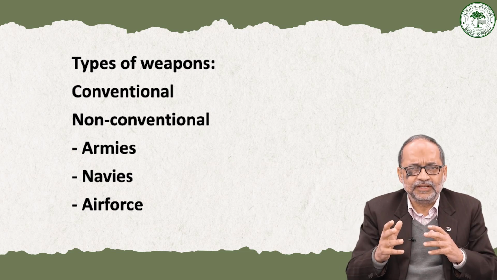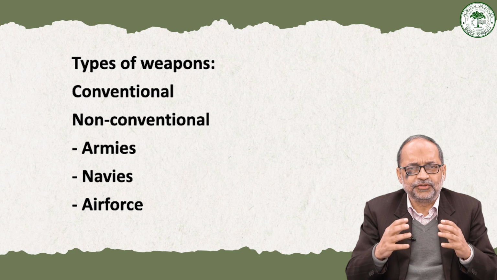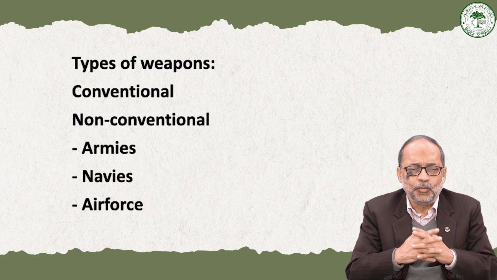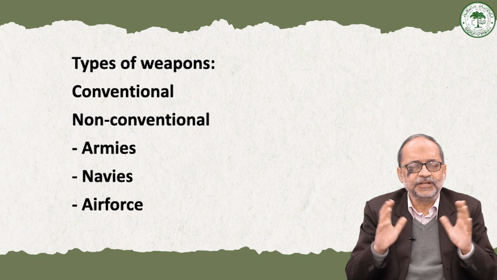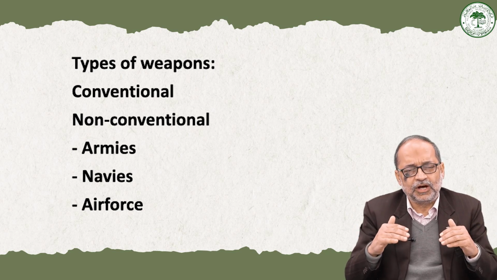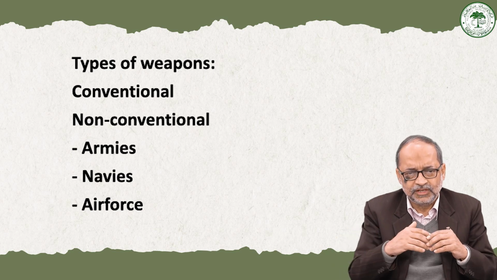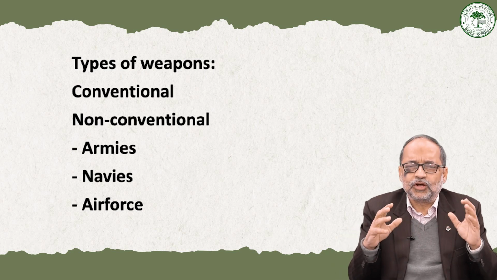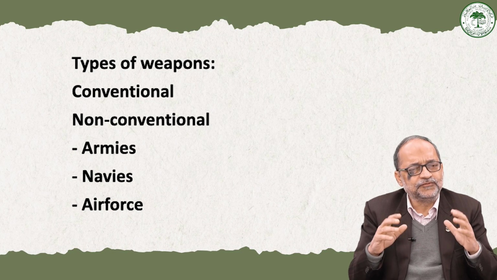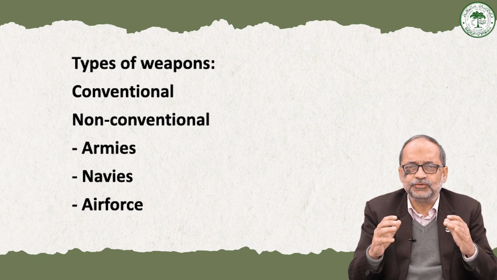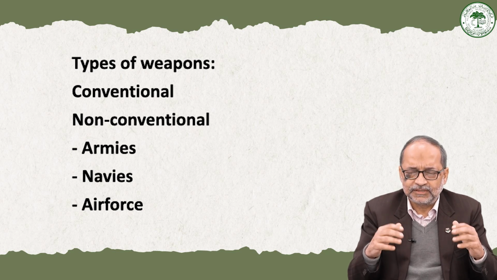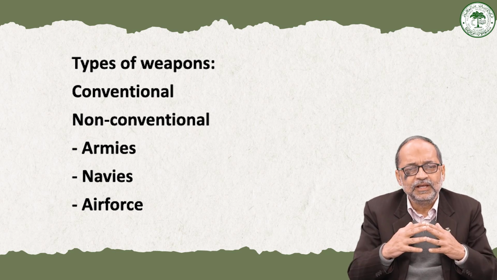Primarily, there are three kinds of forces which conventional armies would have. One is the traditional army. They are the forces operating on the ground. They control or occupy a territory militarily. Basically, in the army, the foot soldiers are called infantry, who use light weapons. Sometimes they might also use heavy weapons, heavy artillery, for example.